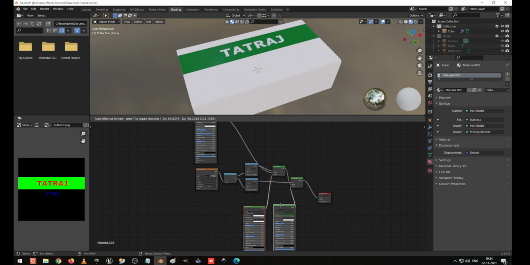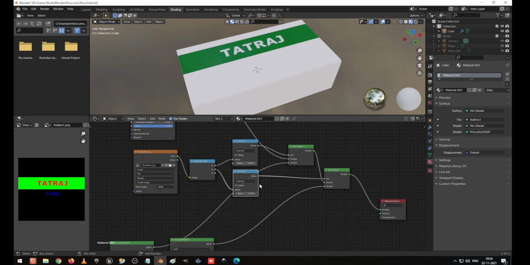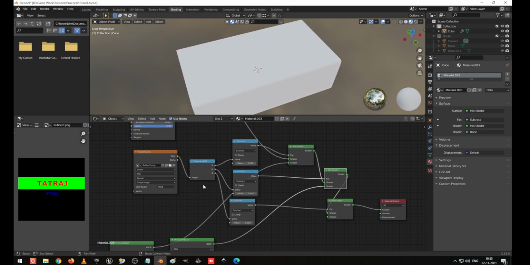So this is, let it be, I duplicate it, Shift D, and I select this one to first value. This one I am going to duplicate with Shift D, and I am going to connect this one to the first shader. This is going to be the third one, blue, so red, green, blue.